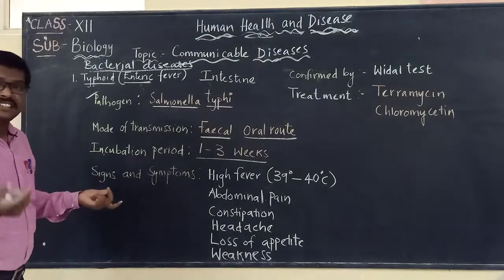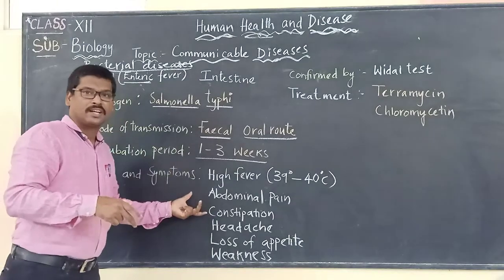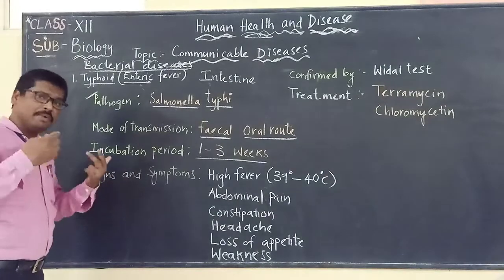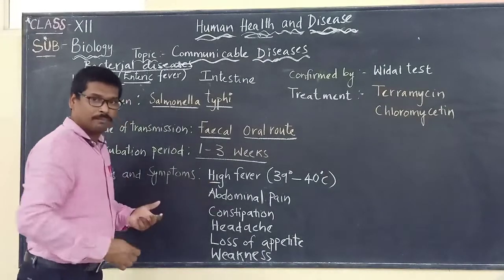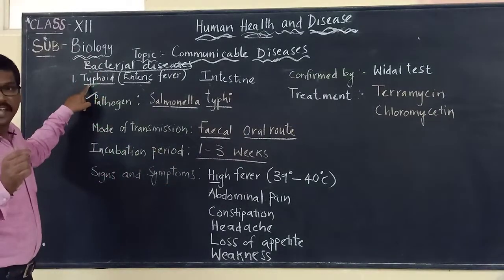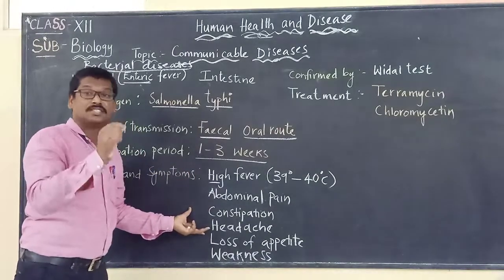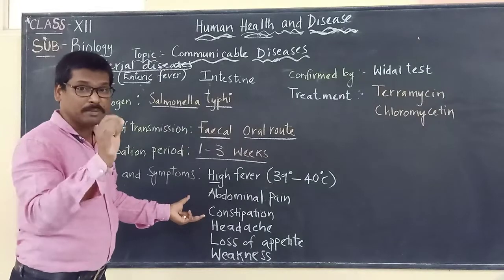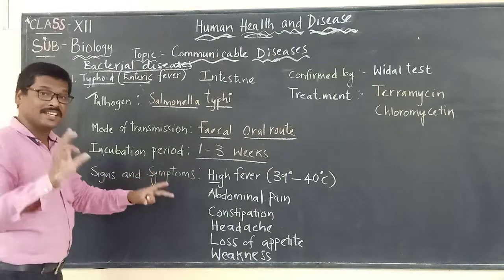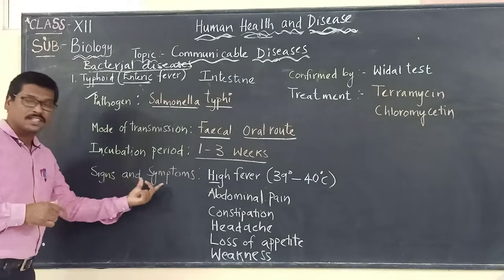And now, signs and symptoms. How can we say that a person is suffering from this particular disease? This is very important, and we should not get confused. Whenever a person is suffering from fever, it doesn't mean he is suffering from typhoid. There are different signs and symptoms for each disease, and those symptoms are specific to that particular disease. Based on these signs and symptoms, we can say that a person is suffering from that disease. Now for typhoid, what are the signs and symptoms?